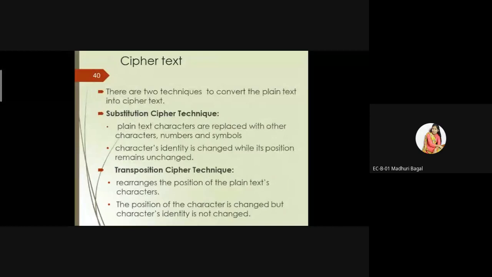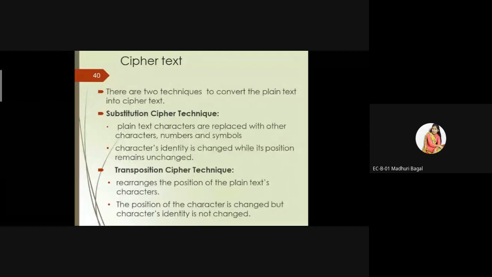So in the last lecture, we were continuing with the various cipher algorithms. In this, we have to study two types of techniques. The first is substitution cipher techniques, and the other is transposition cipher techniques. Up to this point, we have completed the substitution cipher techniques. In a quick time, we'll revise the various substitution cipher techniques, and then we'll continue with the second technique, the transposition cipher technique.